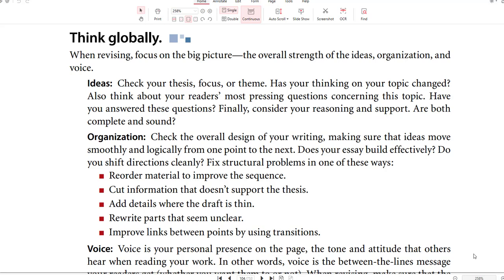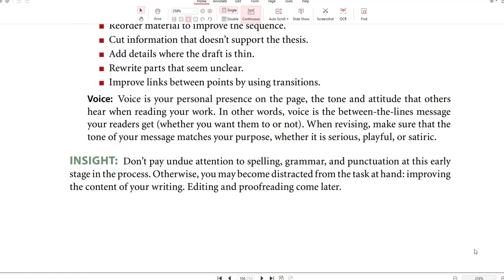Fix structural problems in one of these ways. Reorder material. Cut information that doesn't support the thesis. Add details. Rewrite parts that seem unclear. Improve links between transitions. Voice is your personal presence on the page, the tone and attitude that others hear when